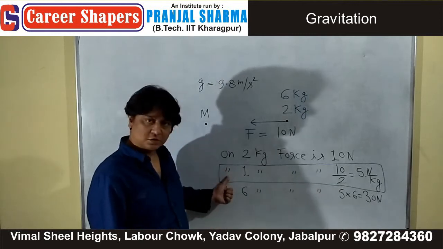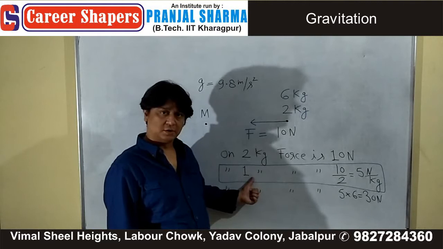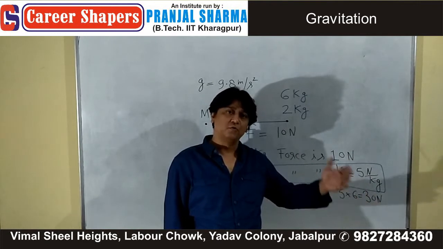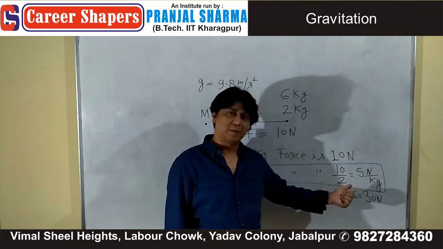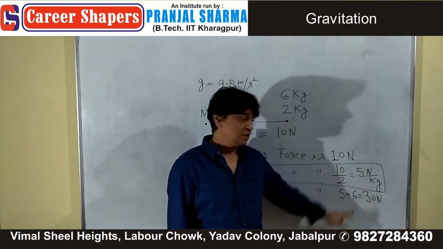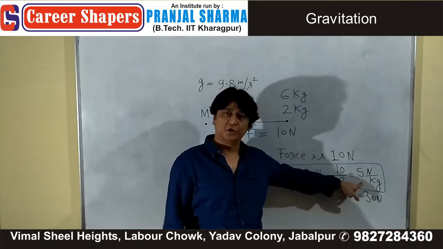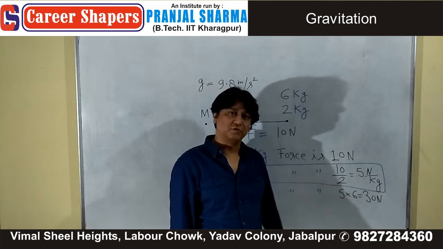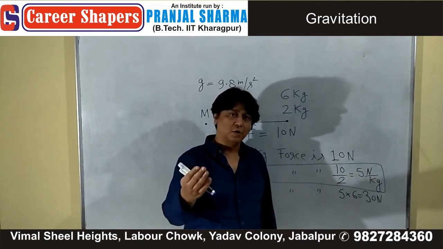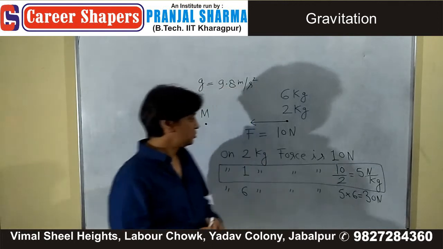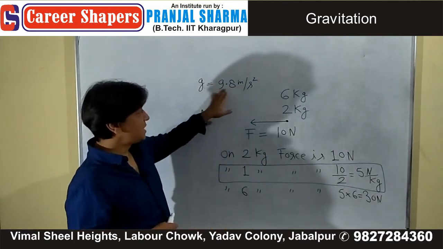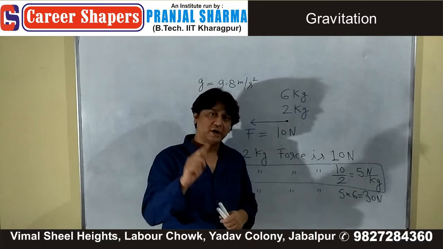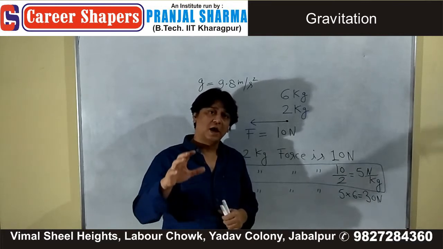So this force on unit mass is something special for us. If we know it, we can easily find force on any other mass by simply multiplying that mass with this number. This number in gravitation is called strength of gravitational field or intensity of gravitational field, or something which you already know, gravitational acceleration. So this g, which you know as 9.8, is basically force on unit mass which Earth exerts